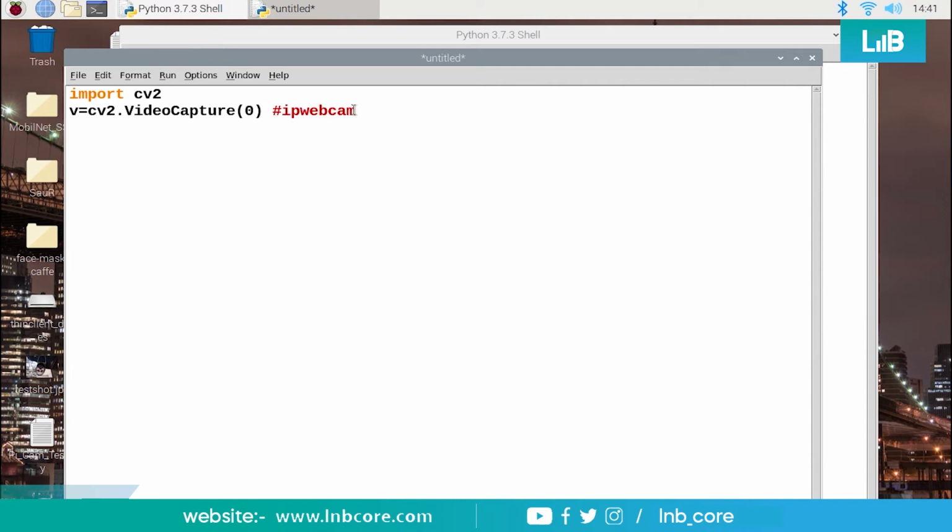That's why I have explained how to connect your mobile phone if you don't have a webcam. You need not purchase any particular webcam specifically for this kind of experiment. You can do it with your mobile phone also, free of cost. So you got the variable V. Now with this variable we can control all the operations of the webcam connected on ID number 0, right?